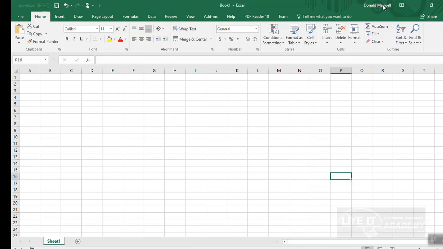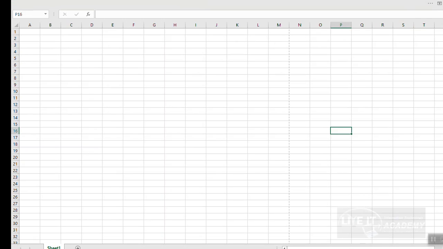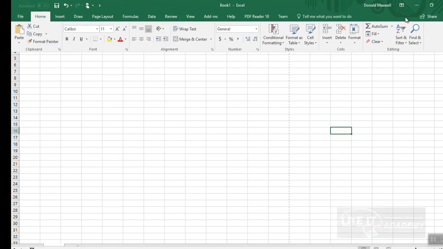Next to the author's name is the ribbon display option icon. And it's really cool because you can use it to auto hide the ribbon, show just the tabs, or show the tabs and the commands. So let's do that, right? Auto hide the ribbon. You see the ribbon is now hidden, right? And then the more button appears. See the three dots? That's an ellipsis. That's the more button, right? Whenever you click on that, it will bring back the